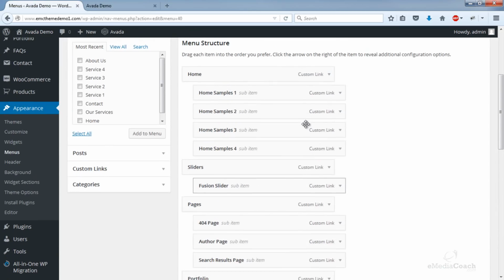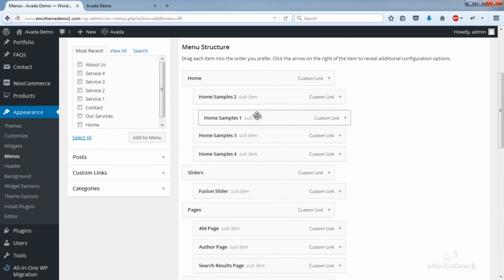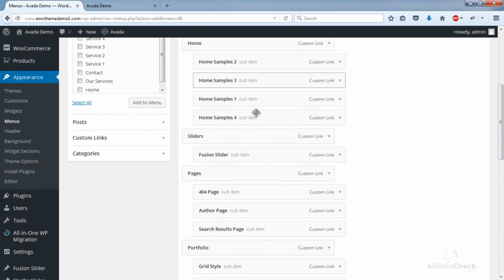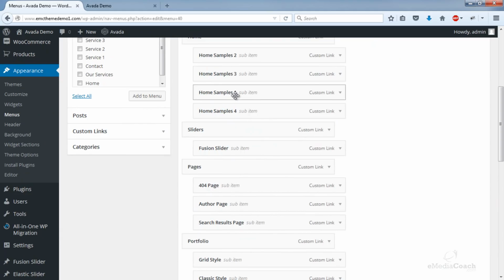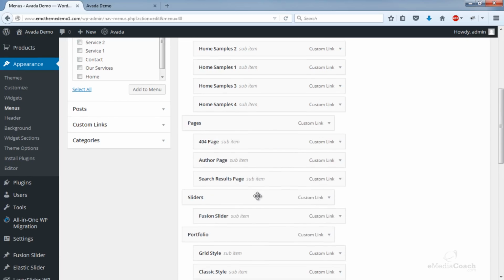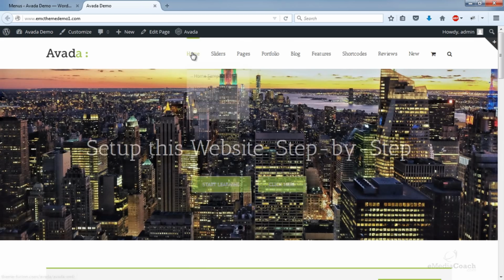Now the way you customize this is you can actually drag and drop. It's a really intuitive drag and drop feature where you can drag and drop pages or posts or anything else, any custom links that you want to add to your menu. So you can drag and drop sub menu items, you can drag and drop main menu items, so you can move that block over here. And when you indent something like that, it becomes a sub item and becomes a drop down.